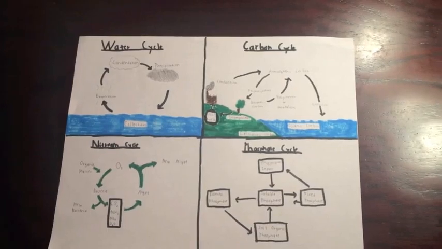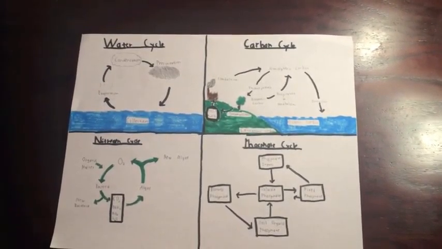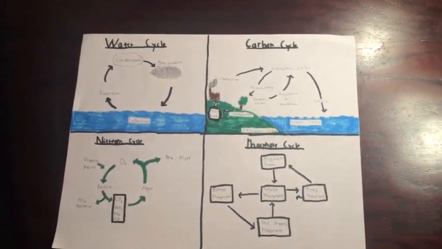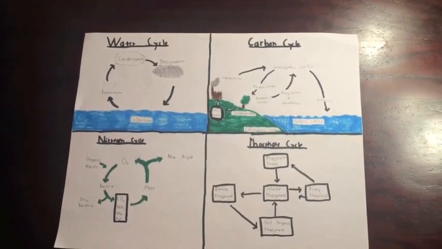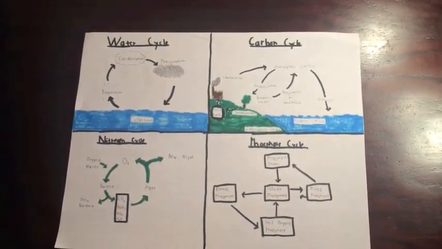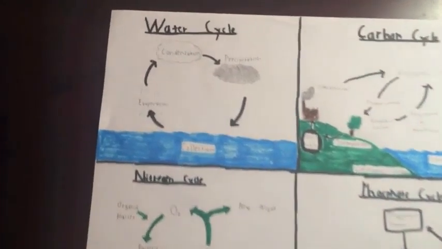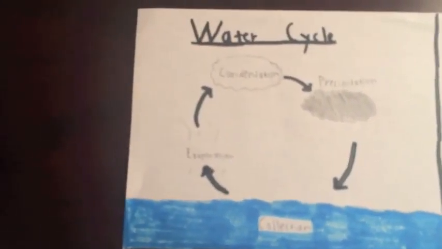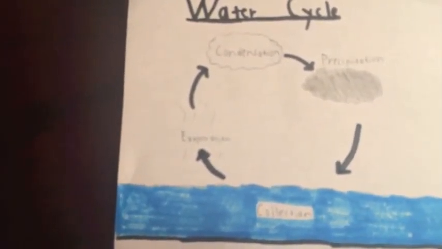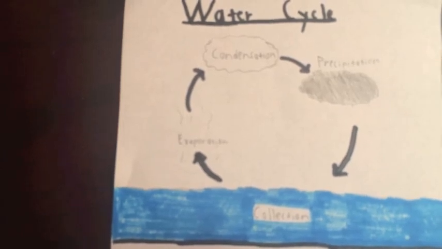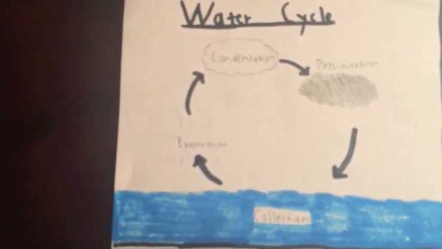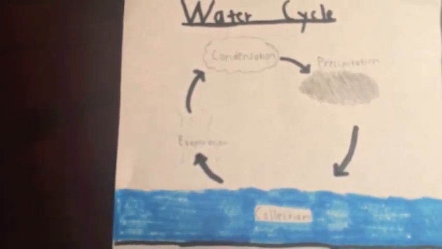There are 4 main cycles that we learned about in bio this unit: the water cycle, the carbon cycle, the nitrogen cycle, and the phosphate cycle. The water cycle consists of water being collected and then evaporating into the atmosphere, where it condenses on dust particles, forming clouds. When the clouds are heavy enough, the water precipitates back onto the earth to be collected and start